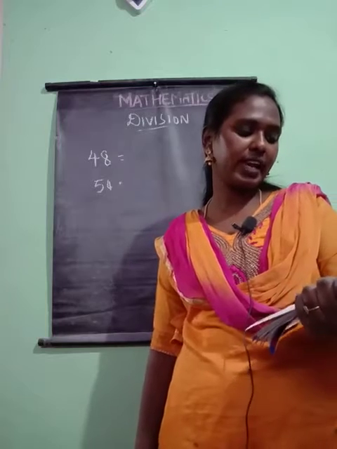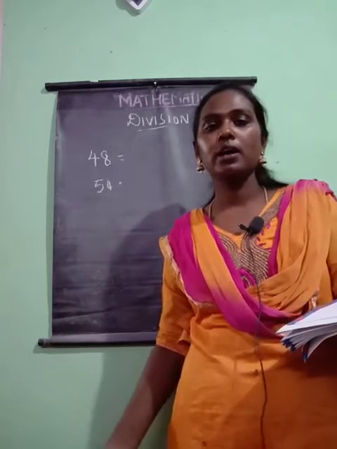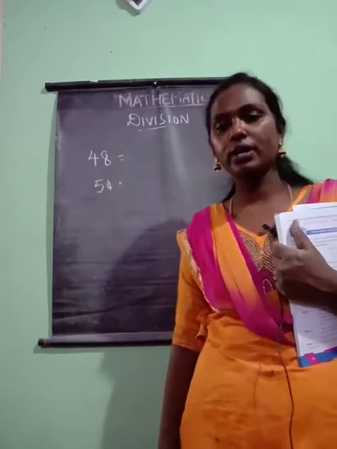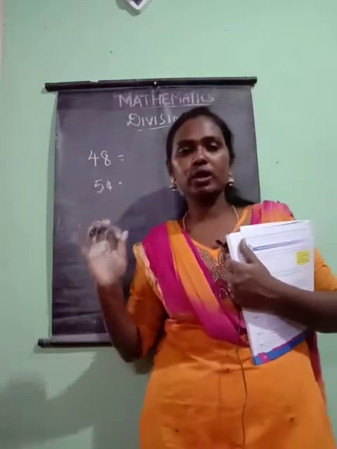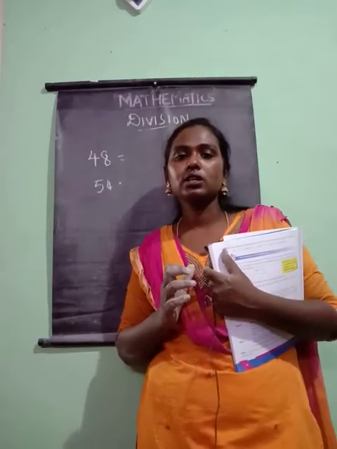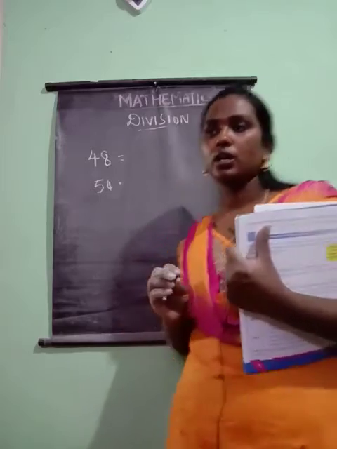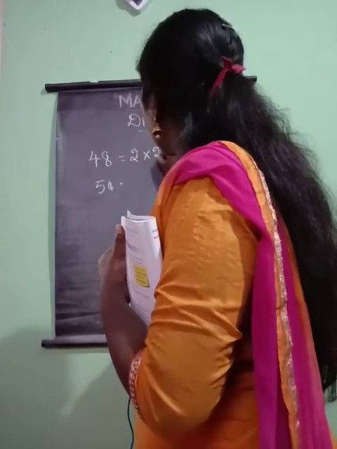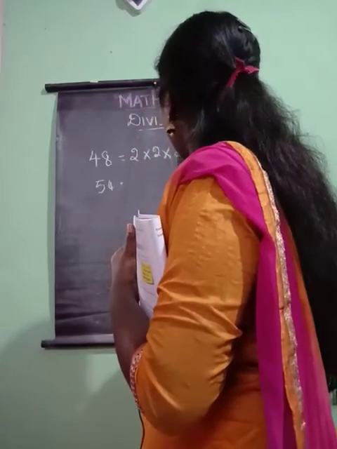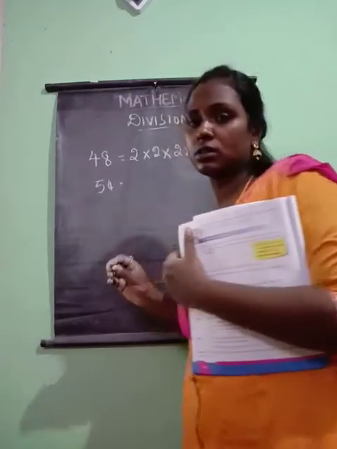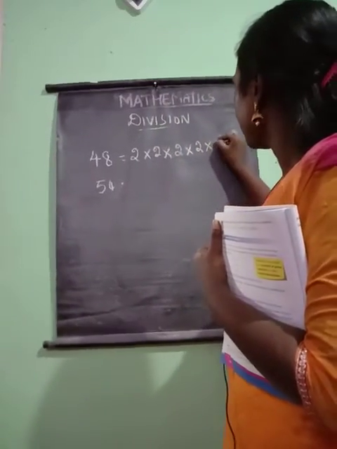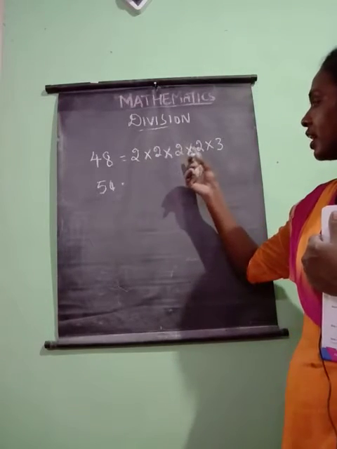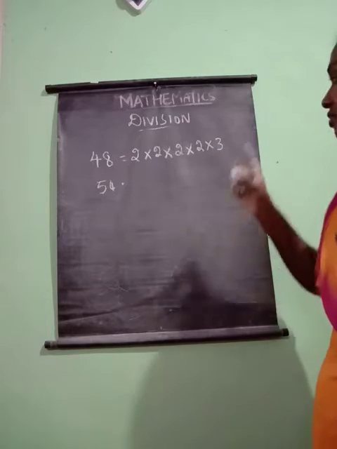Let us now find the HCF of two numbers using prime factorization. So we have to find out the HCF of the given two numbers. For these two numbers we have to get just the prime factors. Okay. So to write the prime factors of 48, let us start with 2. 2 2s are 4, 4 2s are 8, 8 2s are 16. So finally 16 3s are 48. Right? 2 2s are 4, 4 2s are 8, 8 2s are 16, 16 3s are 48.